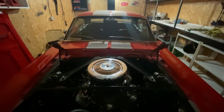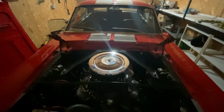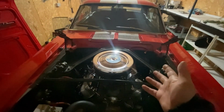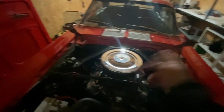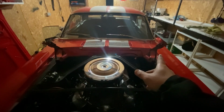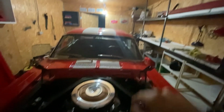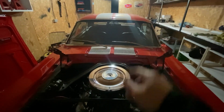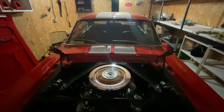The car runs, it drives. So more upgrades will be coming to the car, but as of right now, I'm just planning to enjoy it how it is. Well, not how it is, because it doesn't have a hood on, but I'm gonna put that on and just enjoy it. I'm gonna wait for that switch that I've told you for the heater that is up there somewhere. And I'm gonna put the heater on, mount that little switch, verify that everything works,